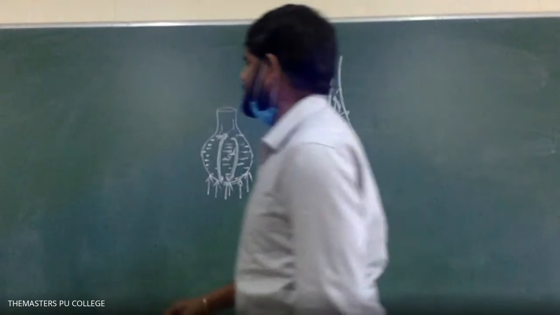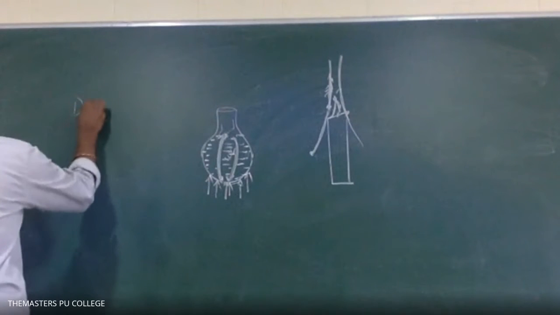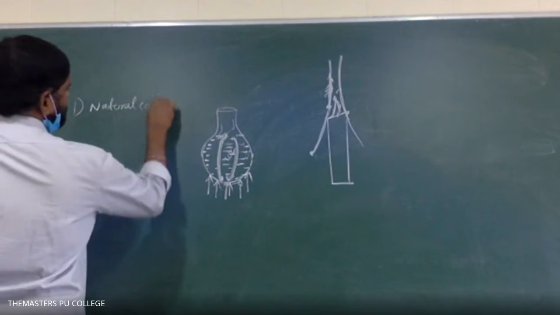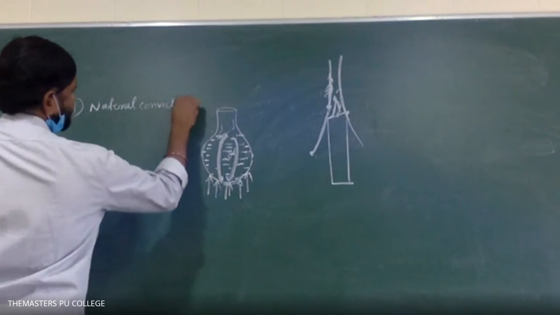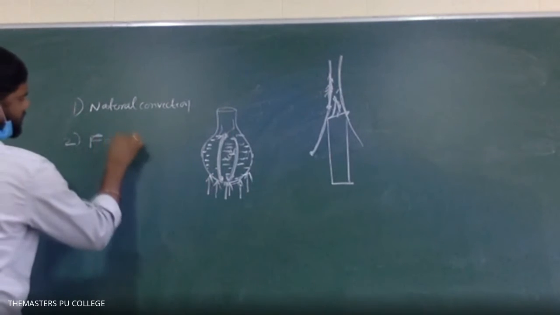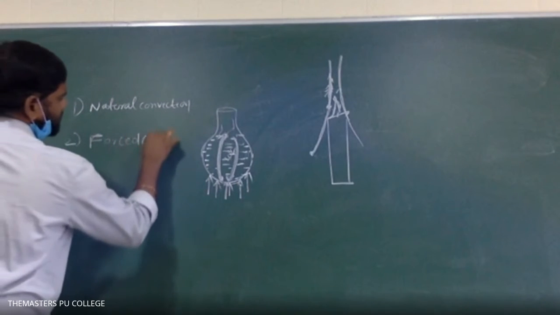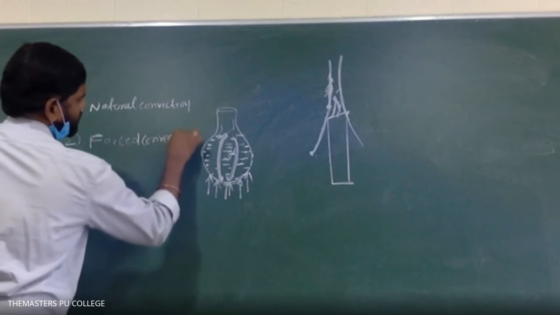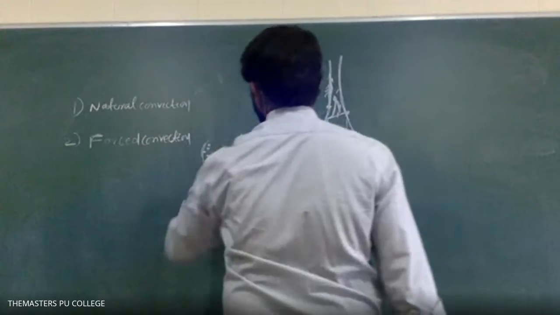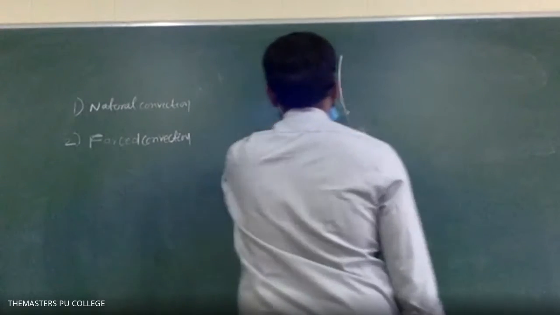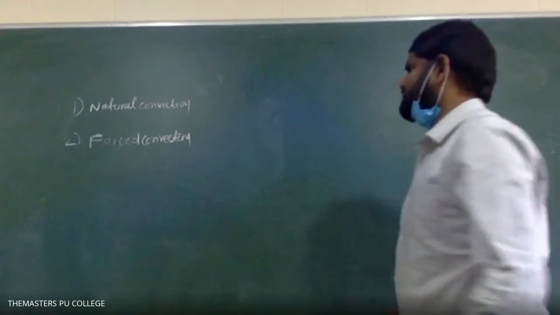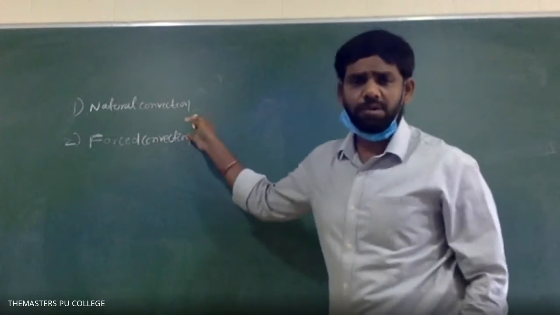There are two types of convection. One is natural convection. Second one is forced convection. So there are two types: natural convection and forced convection. What is meant by natural convection? Of course, convection means the process of transferring